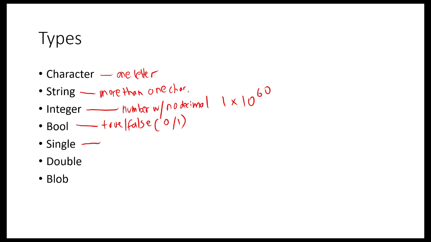So if we look at basic, for example, a single is actually 4 bytes of data,